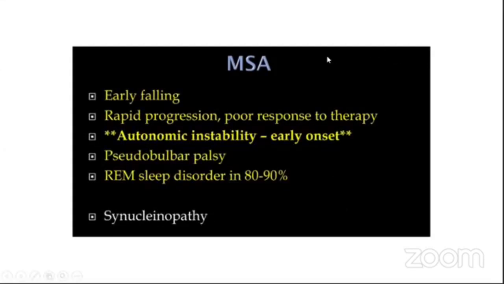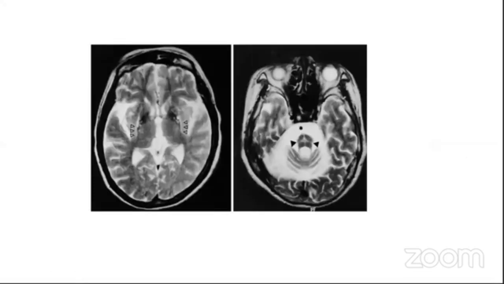When we suspect a Parkinsonism as MSA, there is early falling, rapid progression, poor response to therapy, autonomic disturbance at early onset, pseudobulbar palsy, and REM sleep disorder. As MSA is also a synucleinopathy, there should be REM sleep behavior disorder. The patient acts out his dreams. And MRI is very pathognomonic in case of MSA. This is called the hot cross bun sign. There is a crossing hyperintensity that divides the pons into চারটা ভাগে, অনেকে দেখতে মানে এটা বান সাইনের মতো, হট ক্রস বান সাইন বলে এটাকে।